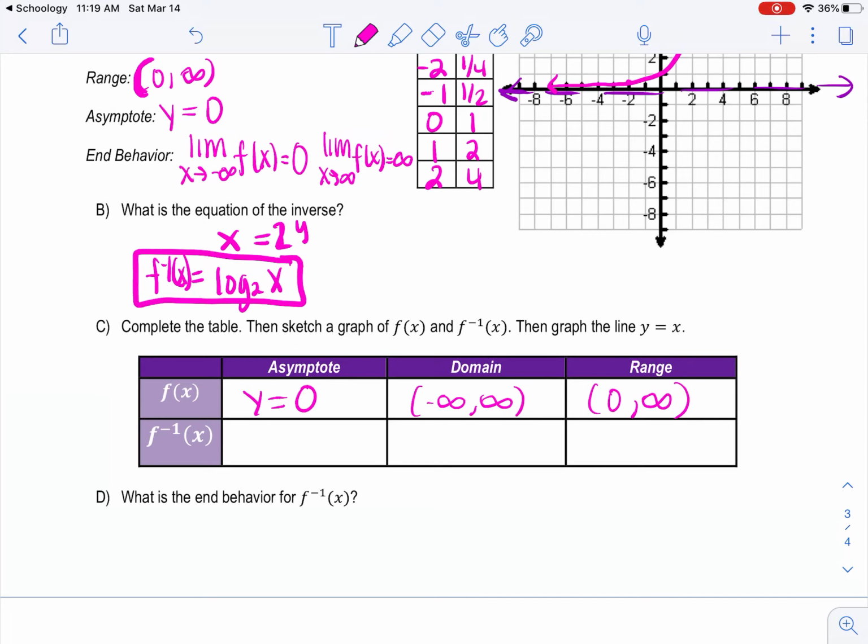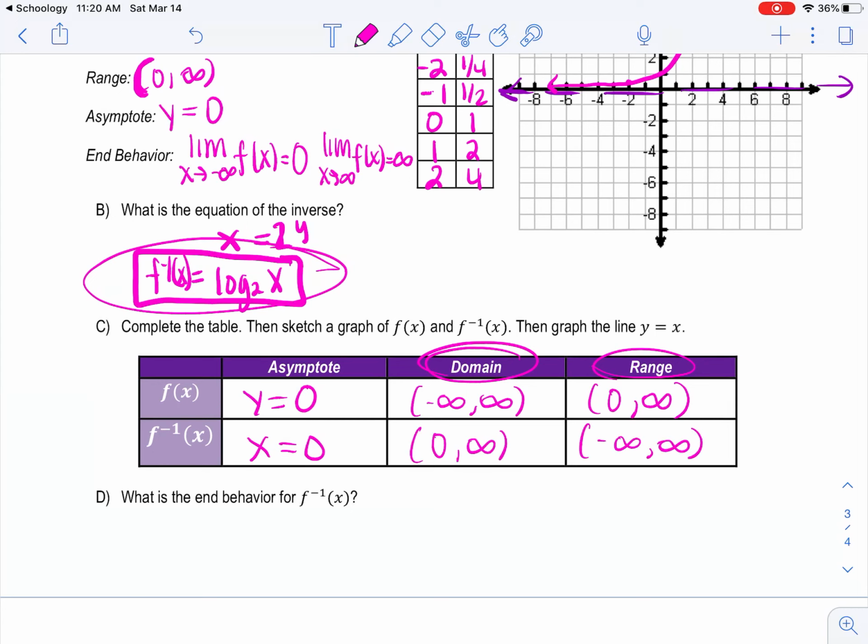Remember what inverses are. We know the first step to finding an inverse is switching x and y. So if I want to know what the asymptote of a logarithm is, keep in mind it has no transformations done like this one. The asymptote is at x equals 0 because I have to switch the x and y. This is x, this is y. So 0 to infinity, -infinity to positive infinity. What's the end behavior? Once again, you just switch